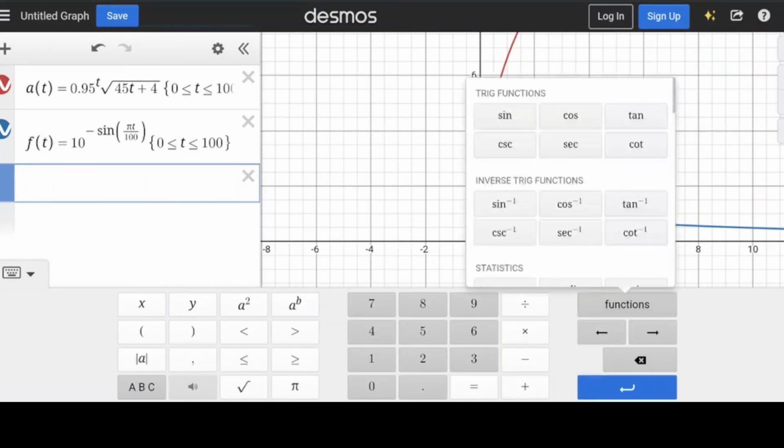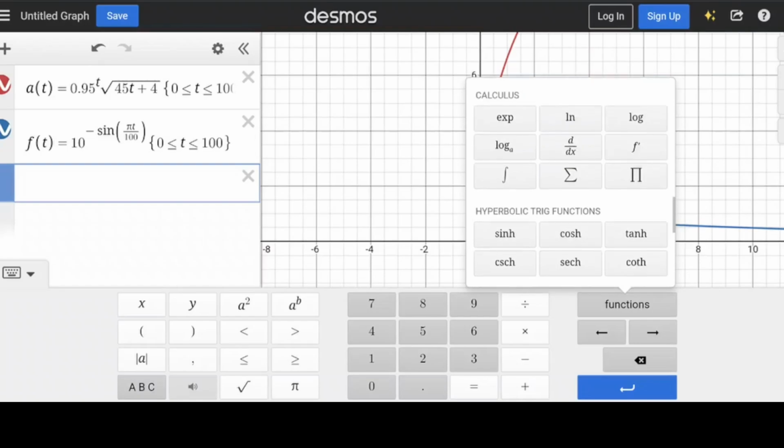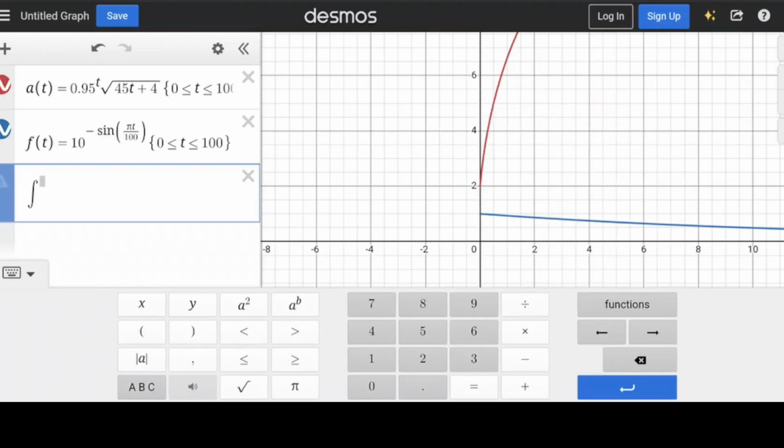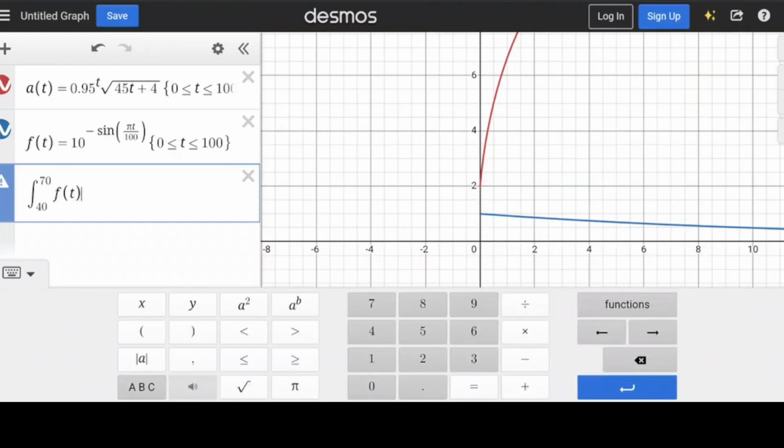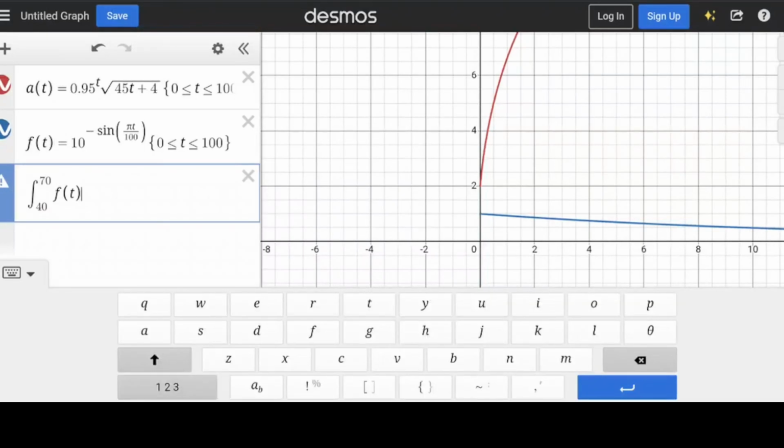On the other hand, here, if I'm going to integrate, which I can find in the calculus menu right there, from 40 up to 70 on f of t, maybe a dt or a dx type command would be helpful. Okay, so